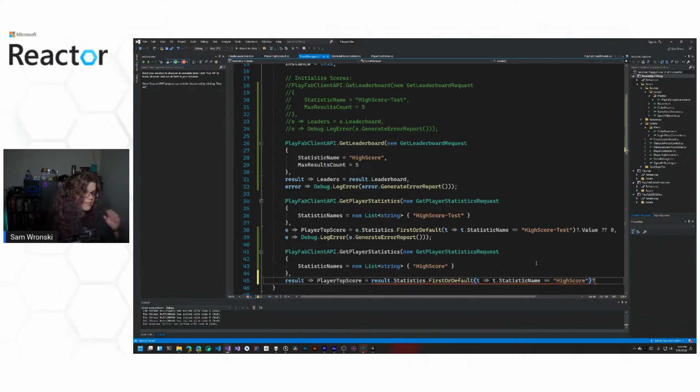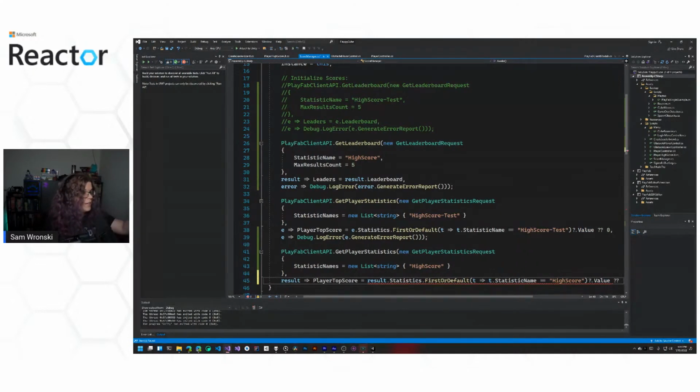Then we're going to do this question mark period, which is a null continuation, I believe is the term. What this is going to do is, if we get the default value, which is null, we can't look at the value. We can't inspect into those objects because it's null. It will throw a null pointer error and our game will break. So what we're doing here is, we'll get null and it will just return null. Or if it's not null, instead of returning the object, I want to return just the value. That's what's going on here.